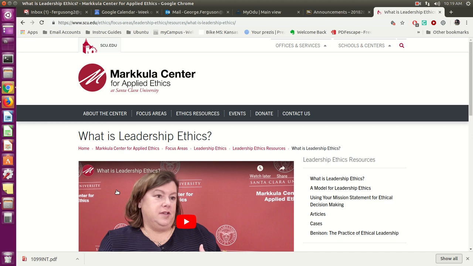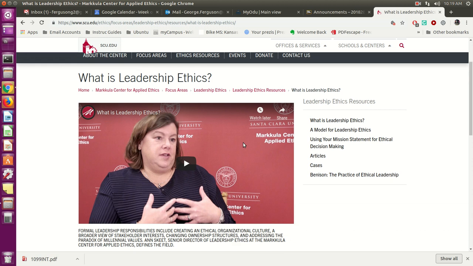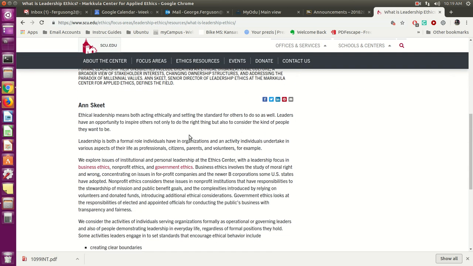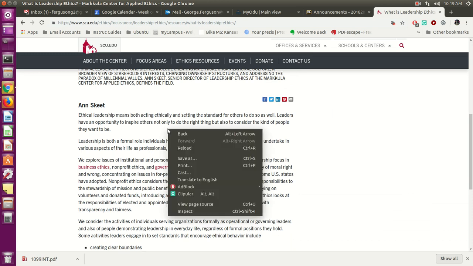If you're using Windows or if you're using Mac OS, things may look a little different. The process is still the same. So let's say that I find an article that I'd like to use. In this case, I'm using Google Chrome as far as my browser is concerned. So I have this article here, and I'd like to print this, save it, and put that to the discussion board. What I do is I right-click, and you'll see that one of the selections I have is print. So I click on print,